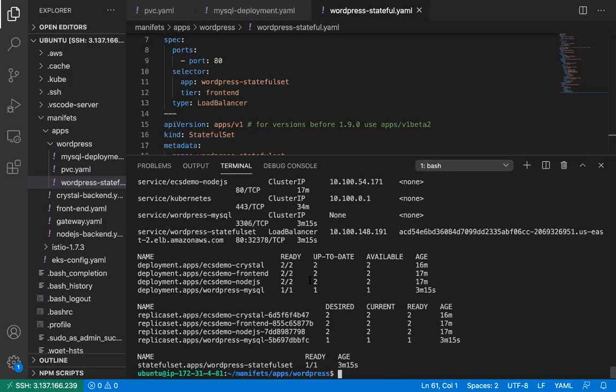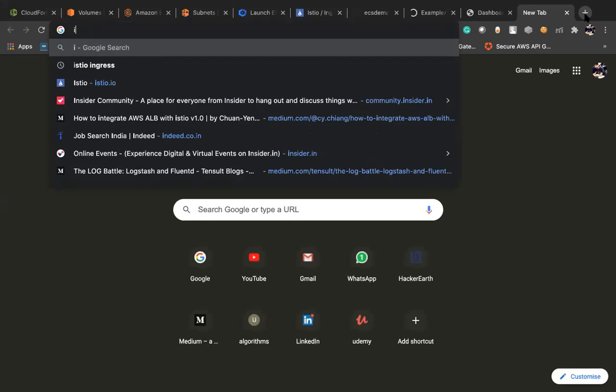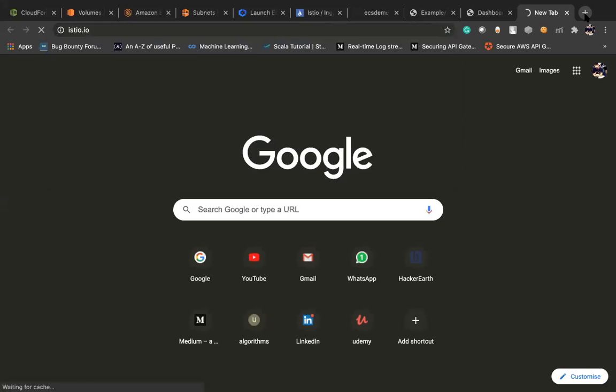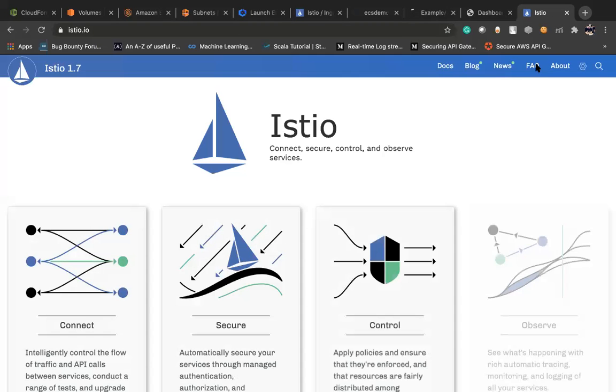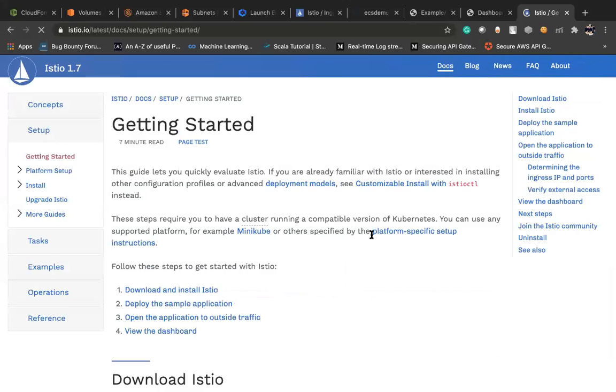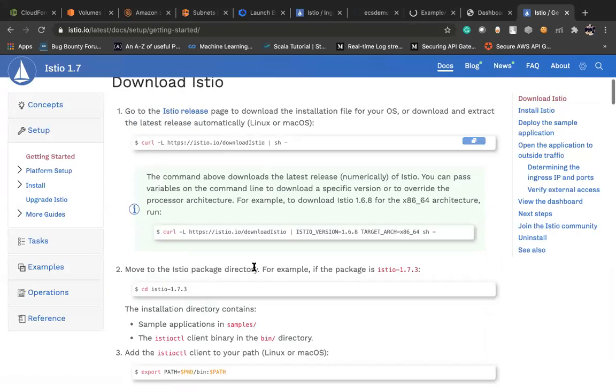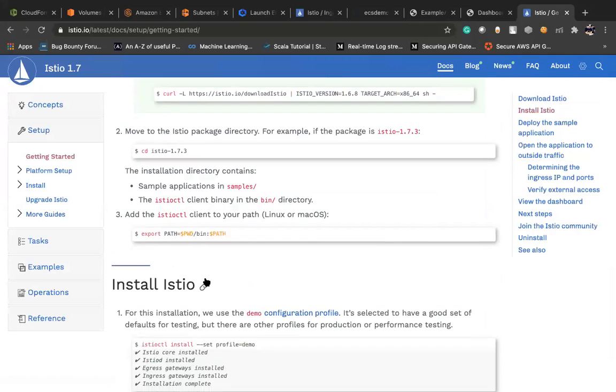And what we did till now, we have one app and we have a WordPress site. Now we are going to use Istio. So let me take you through the Istio side. Do you have any idea what Istio is and why we are using it? Okay, no problem. First, you need to install Istio and it will come with some